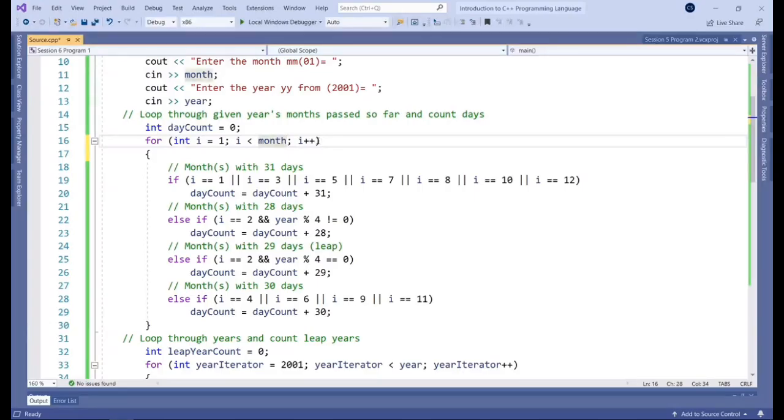Okay, the other thing as well you can do here, so you can do I minus minus. So rather than incrementing the I variable, you can actually subtract 1 every time. That's something else that you can try on your own. And that's it for our first program looking at loops.